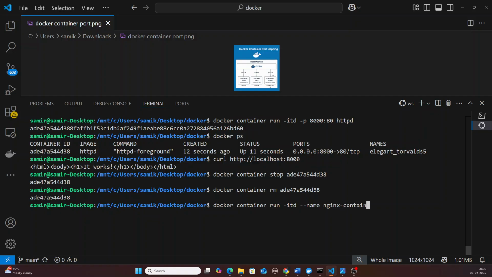Give the name nginx container and dash p for port, and we pass the loopback interface 127.0.0.1 colon 8000 and the container port 80, and give the image name nginx. If we run this command,